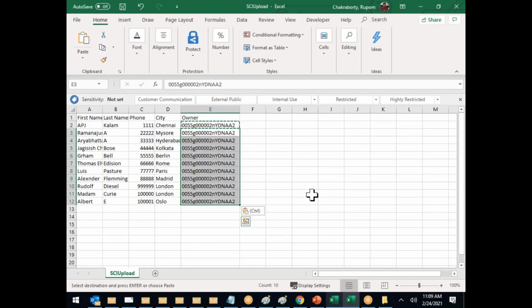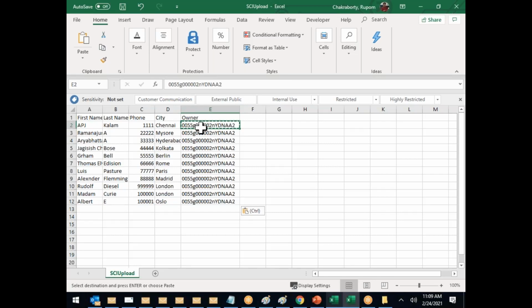Understood, yes or no? Whenever in real time you get data, you have to do this. For every data, at the end you have to add this. Whoever requested, you have to find his ID and put it here. While mapping, you will not only map this, you will also map owner, account owner,